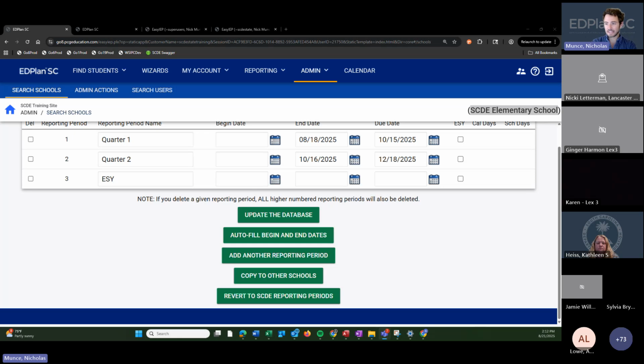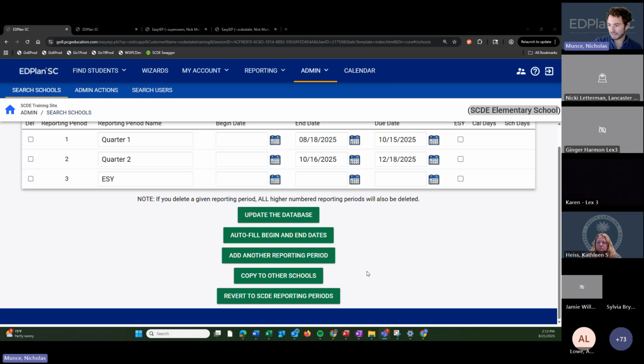Yeah, great distinction. Thanks for saying that, Anne. So if you're using the progress report card wizard accessed up here, and because it's in the upper blue bar, that means it's a district function and not a school function. The progress report wizard is always going to use your district reporting periods because it isn't looking where they go to school. It's just giving you progress reports for a bunch of students. If you go to the documents menu per student, that will respect the custom reporting periods. Great point, Dan.